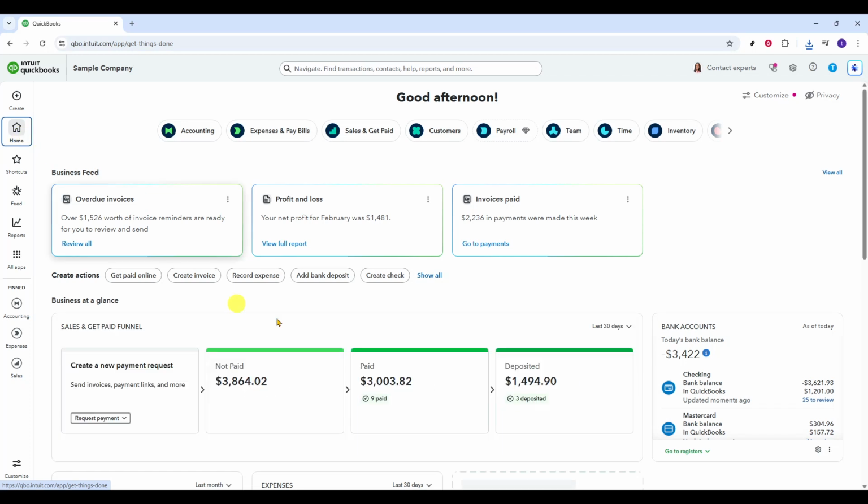Hello, today we will guide you through how to delete multiple transactions in QuickBooks Online. In this walkthrough, we'll quickly clean up unwanted items from your bank feed in bulk. In QuickBooks Online, this action is done by excluding transactions from the For Review list, which effectively removes them from